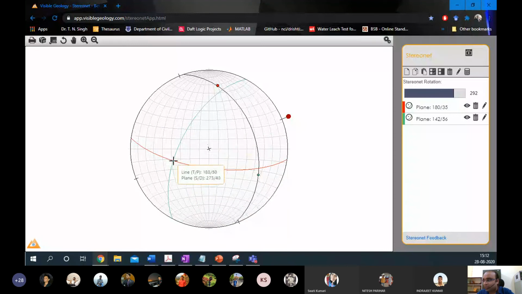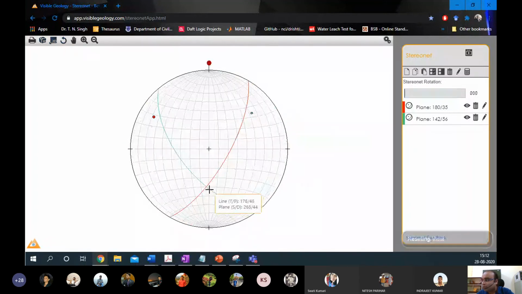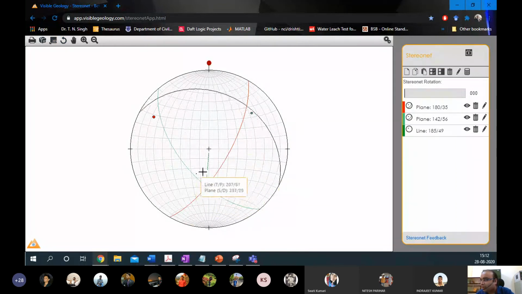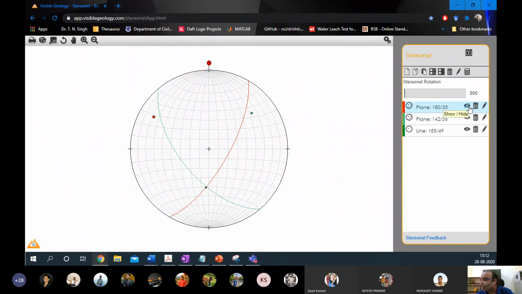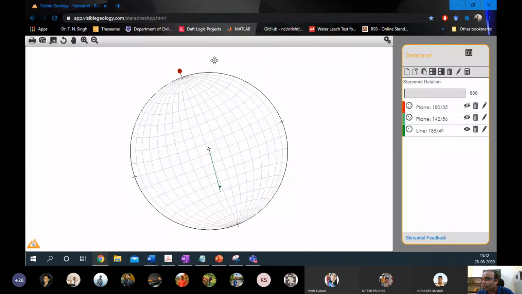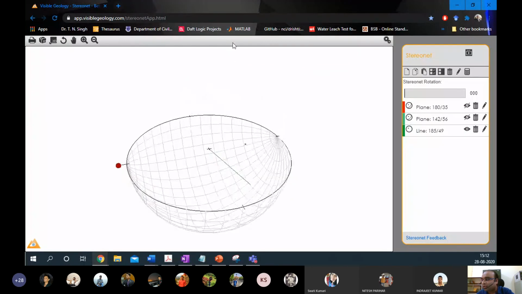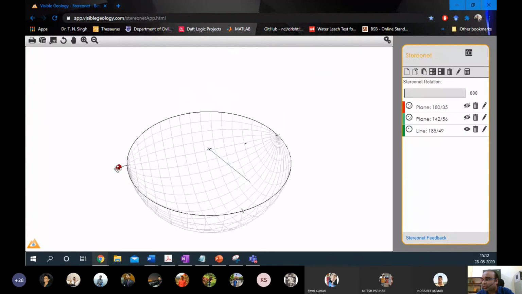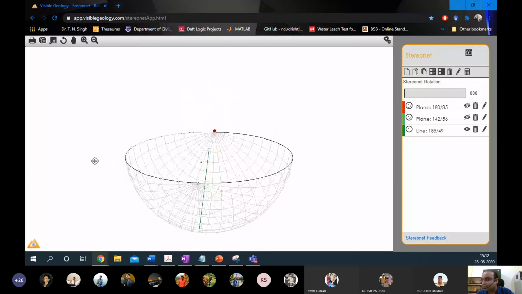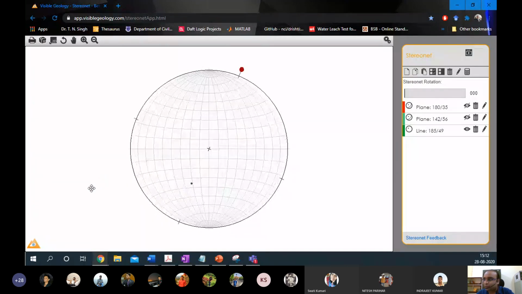And if we just want to see, we can actually make a line at this point. Let's orient it in 2-dimensional. Just single click to make a line here, and it makes a line here. And I want to basically see only the line and hide these. So this can actually give me a representative line that will be found by the intersection of these two planes, right? So all these things we can do.